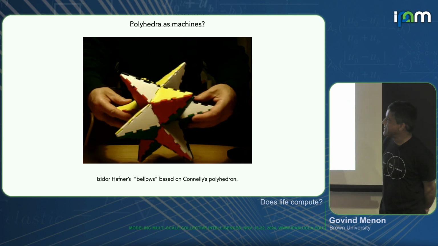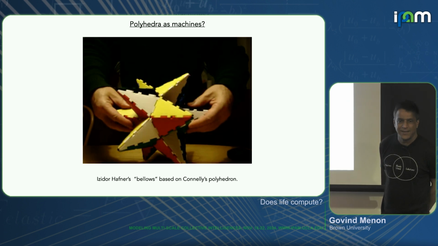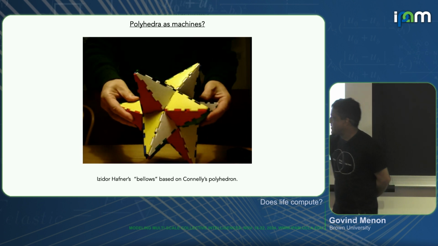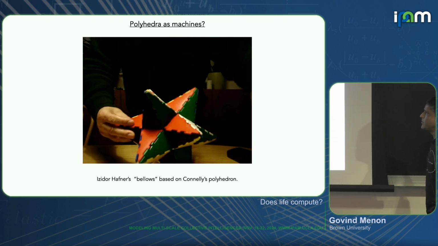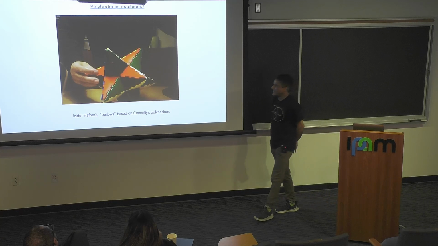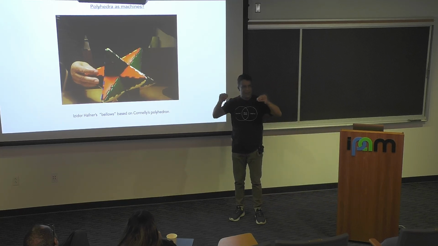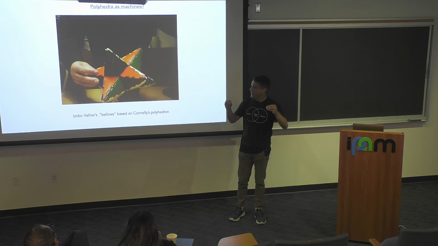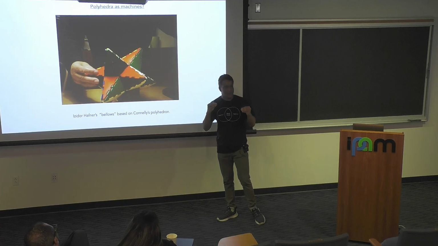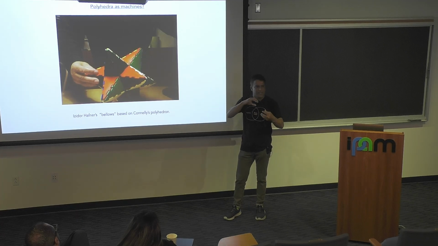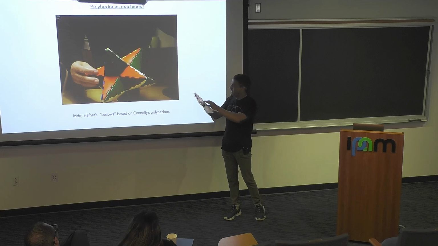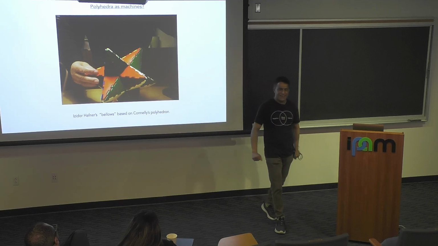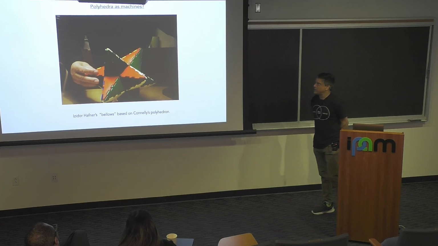Here's a polyhedron that maybe you guys didn't know about. This is a little polyhedron invented by Isidor Hafner, who I think is a Slovenian mathematician, just for fun. And if you can build polyhedra, one of the things that you should be able to do with polyhedra is to build machines. We were never really able to execute this. It relates to a technology where you are sticking stuff together and forming rigid edges, rather than having something which you can jiggle-jaggle. I think this should be feasible at some point, but it was definitely not feasible a few years ago